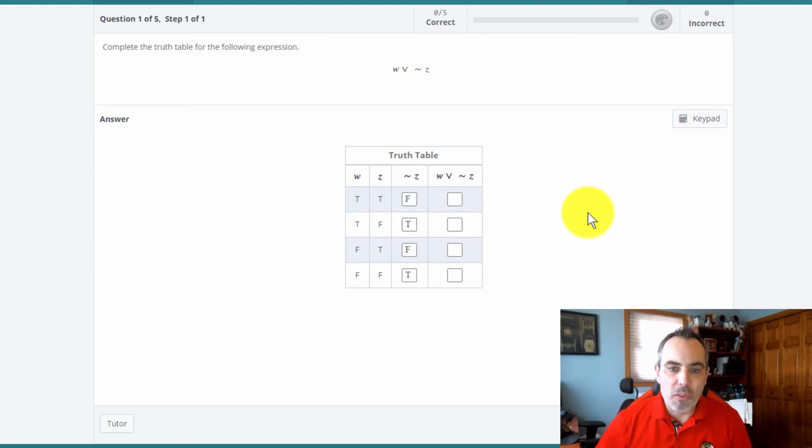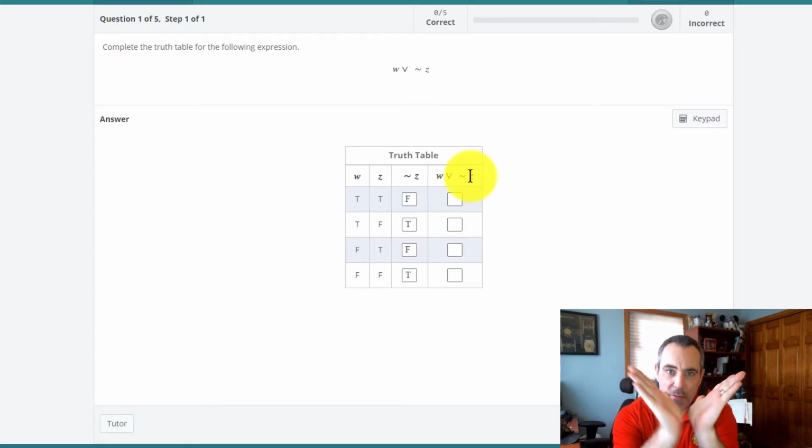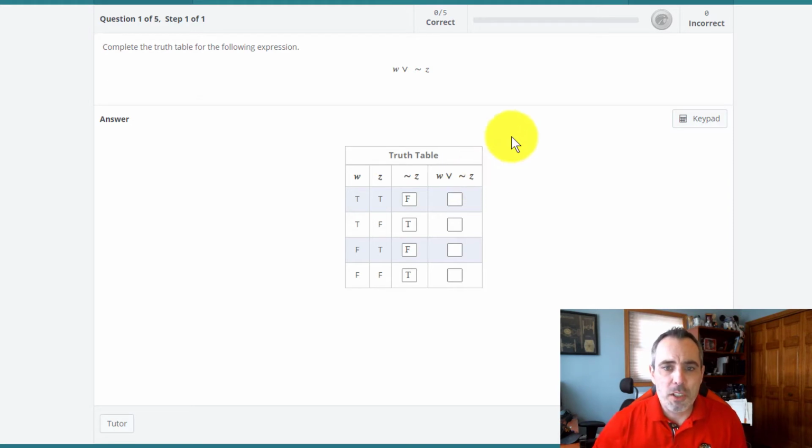Now I'm looking at both of them. I'm looking at W or the negation of Z, right? So again, the key, since it's the V shape, it's or. If one of those things is true, the whole statement is true. So for example, let's assume this is, it's raining and I'm not carrying an umbrella. If I look at just those two statements, it is raining outside, I am not carrying an umbrella. Well, that W is